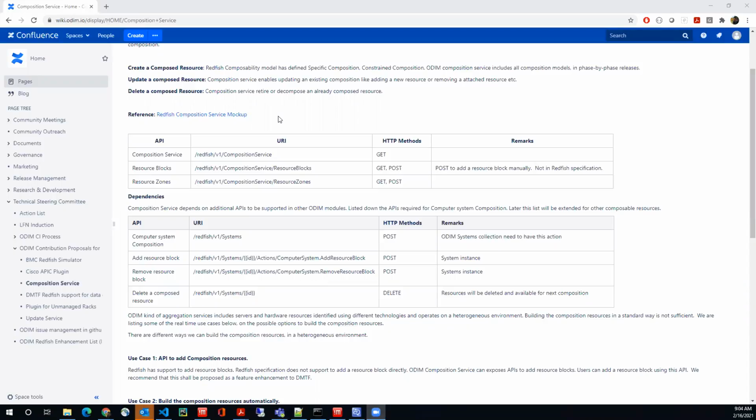Our plan is, instead of waiting for the DMTF to release the newer schemas, we can start with this one. Maybe in the first phase we'll provide this solution, and as and when the DMTF releases, we can accommodate those things in the upcoming phases, like phase 2, phase 3. So that means the first composition service will not have any support for things like networks and fabrics and active pools and other things.